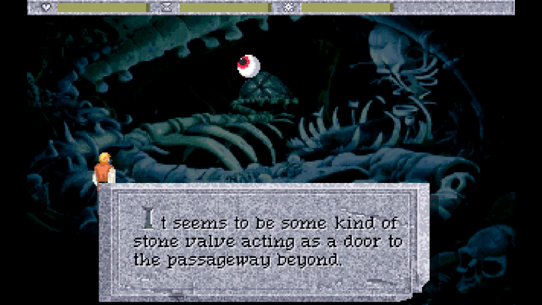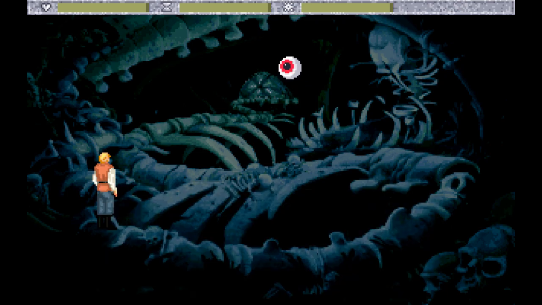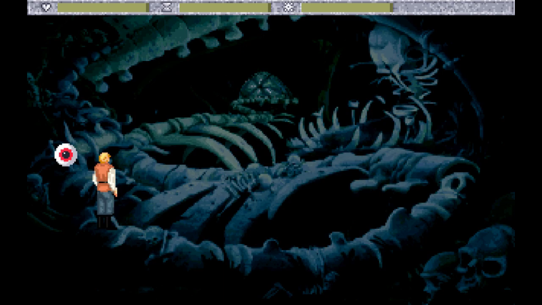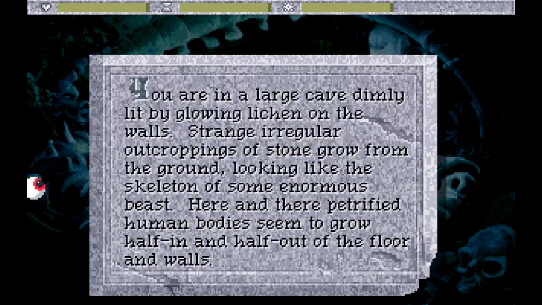It seems to be a kind of stone valve acting as a door to the passageway beyond. Oh dear. You are in a large cave, dimly lit by glowing lichen on the walls. Strange, irregular outcroppings of stone grow from the ground, looking like the skeleton of some enormous beast. Here and there, petrified human bodies seem to grow half in, half out of the floor and walls. You don't say. You are in a large...